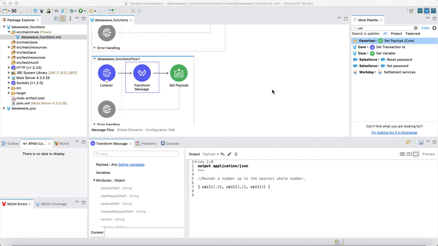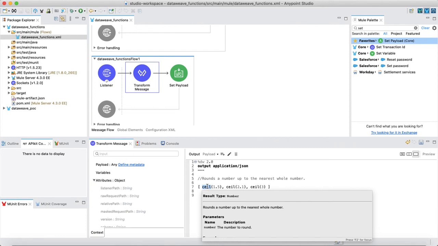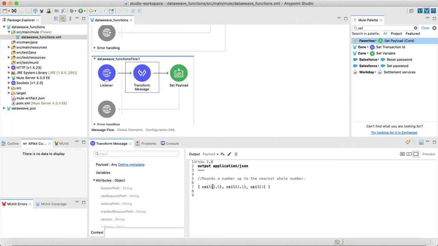Guys, so the next function that we are going to use is ceil. What it does is it rounds a number up to the nearest whole number. So let's say 2.1 should be 3, 5.1 should be 6, or 5.8 should be 6, or 7.1 should be 8. So it goes like that. So here we have given some number. We have to just put the number in the bracket under ceil, and we should be able to get it. Or let's say we just remove this. We'll just check out for one and see how it works.